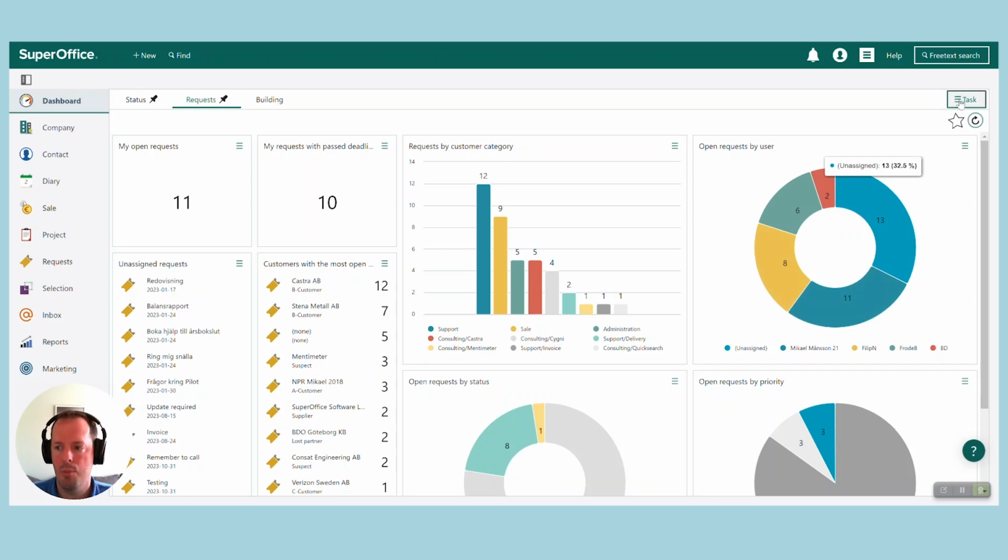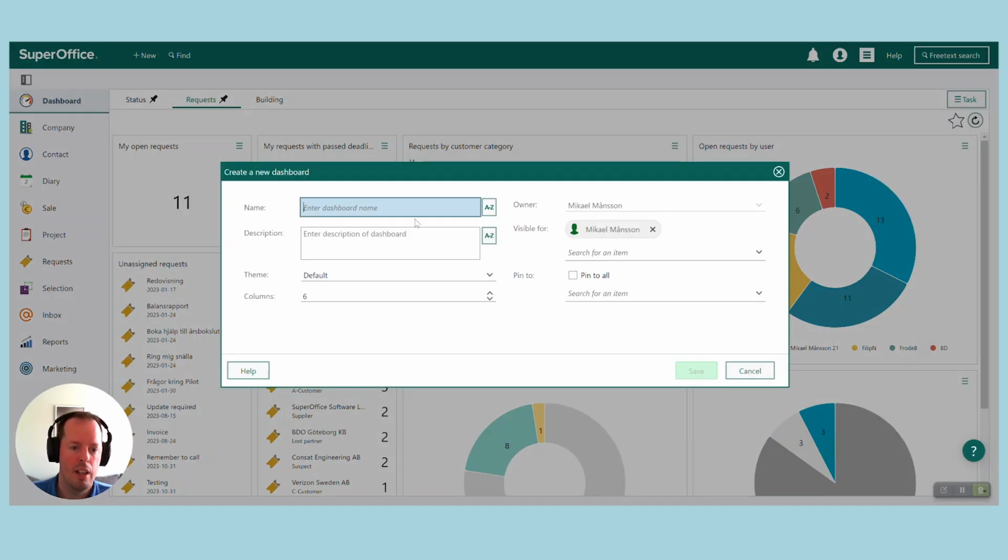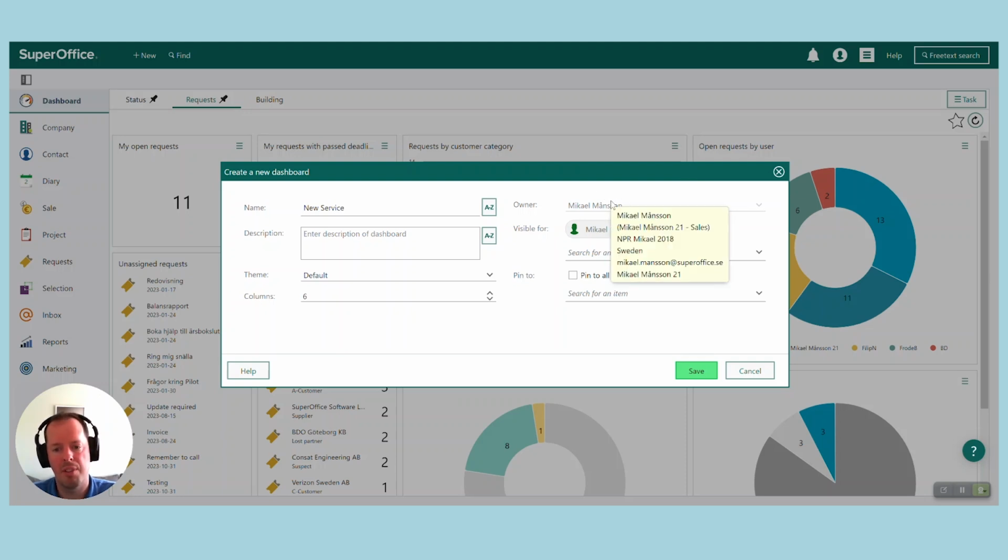And then if you move over to task here and create a new dashboard, you will have the possibility to enter a name for the dashboard. You can have different themes and color schemes on the specific dashboard, but we can keep the default one now. We will add 6 columns into the grid that will be the full dashboard. And see here, I am the owner of this specific dashboard, and as a standard, I am also the one